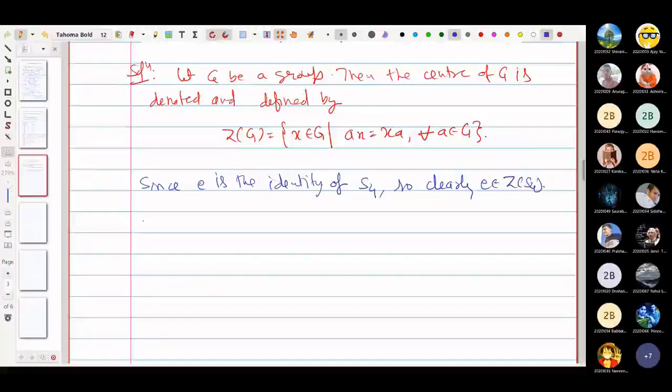So we need to prove what? That there is no other element other than identity in